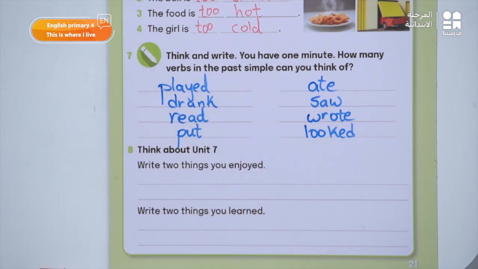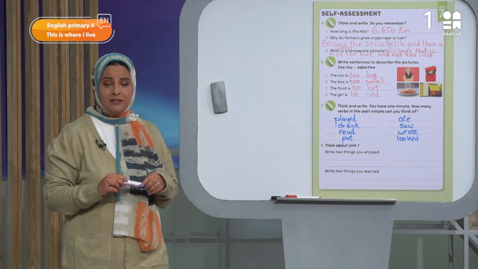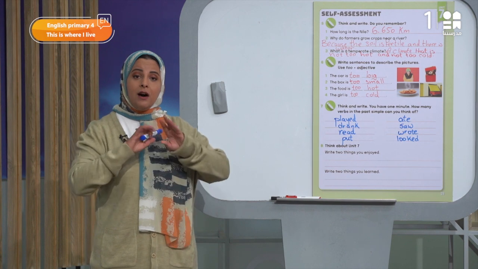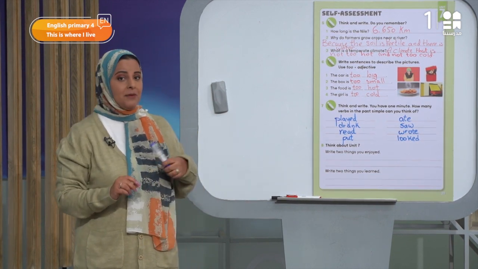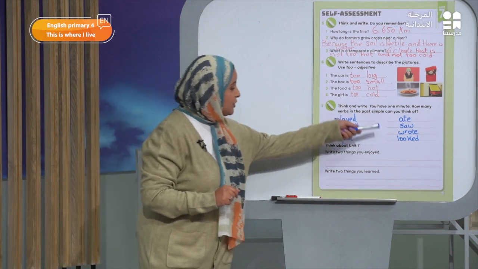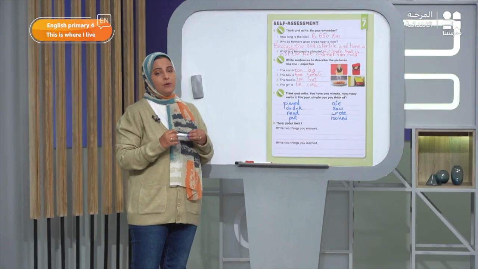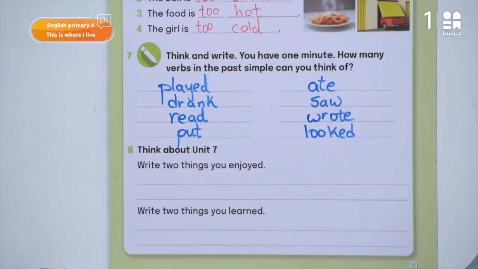طب تعالوا نراجع مع بعض الريجولر والirregular verbs. قلنا المرة اللي فاتت regular يعني بحط ed to the verb. الirregular بغير شكل الفيرب تماما في الباست tense. طب تعالوا نبص كده مع بعض. Which verbs here are regular verbs؟ يعني ايه regular verbs؟ يعني خدوا ed في الباست tense. Played, very good, and looked.